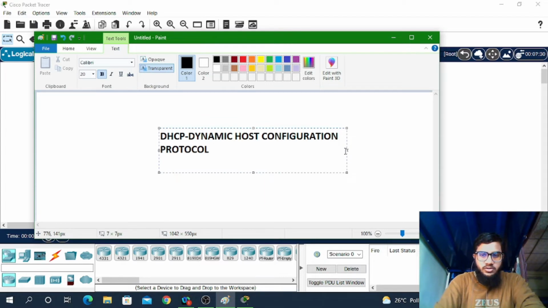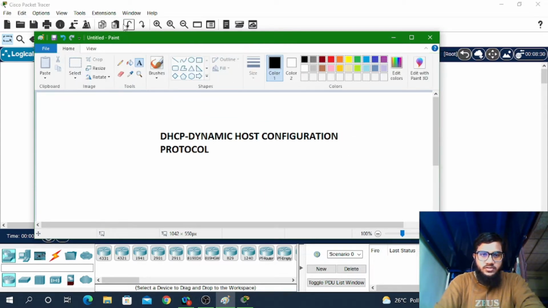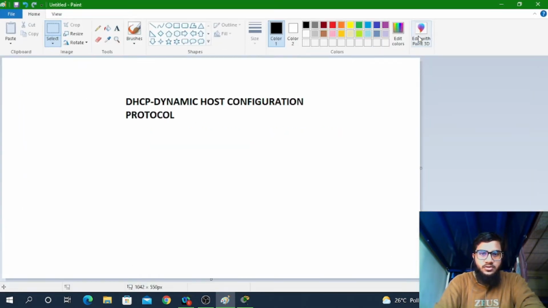Before understanding what a DHCP server is, we should understand what the work of a DHCP server is. What does it actually do? Say for example, here you have one server.